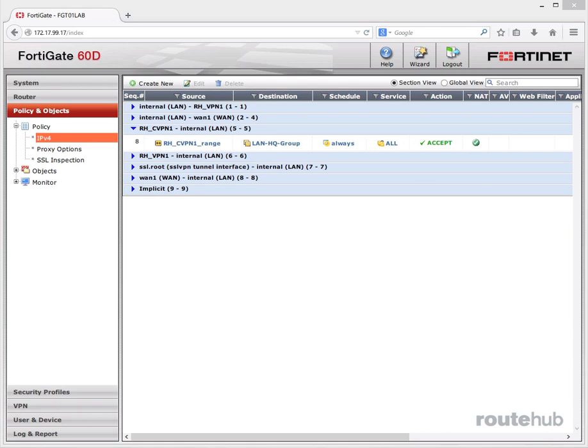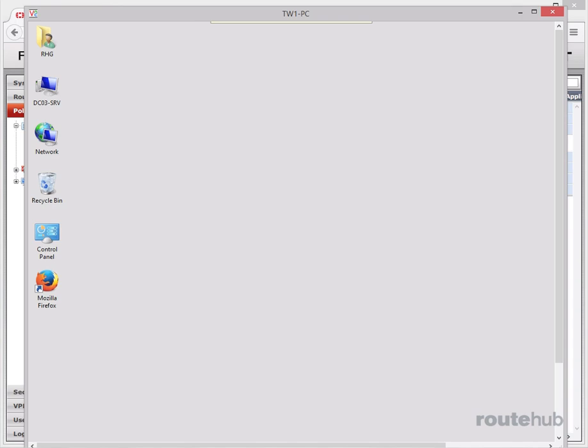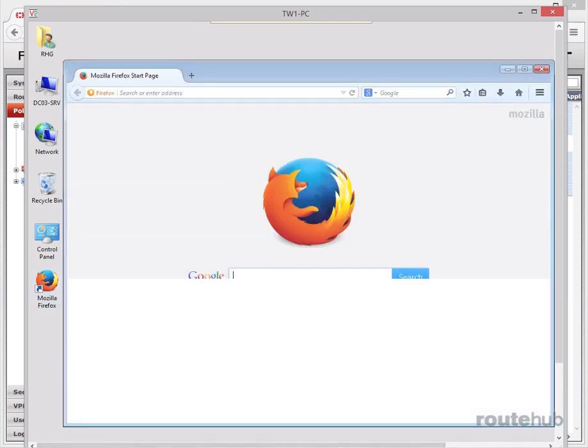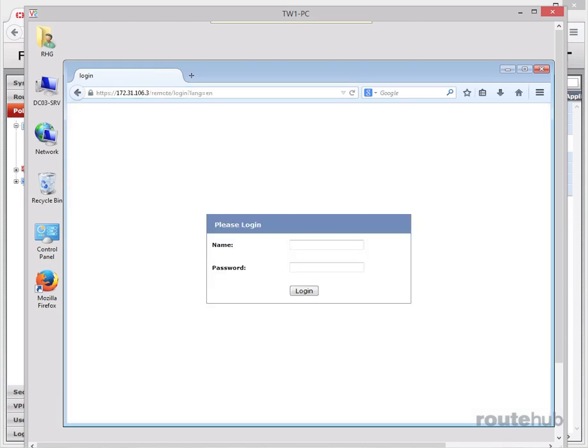For testing, let's go to our internet computer that's connected on our lab internet cloud, and let's access the web portal that was created with our SSL VPN solution. So we'll enter the WAN IP of our firewall. Okay, and here we will log in as a staff member, which is enabled for tunnel mode and with the